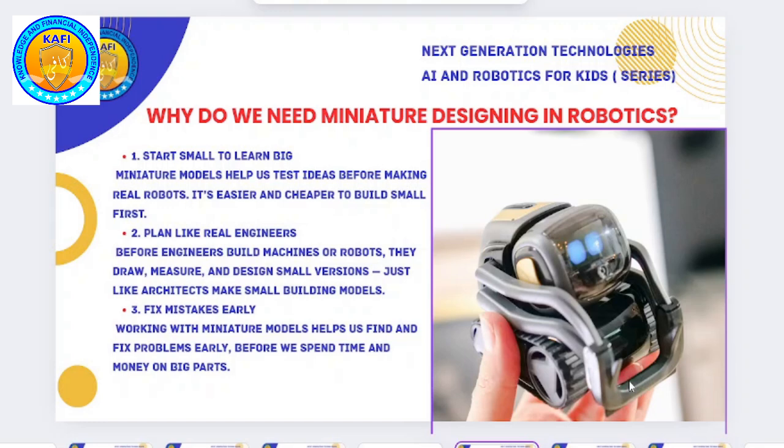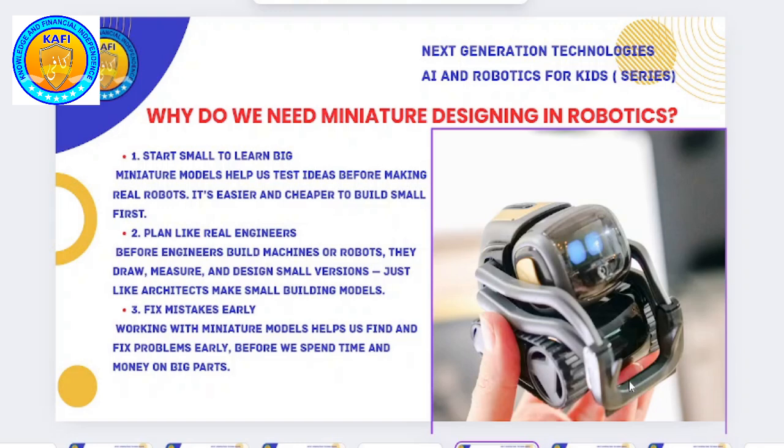Before an engineer makes any machine or a robot, first of all they draw on paper. They measure all the measurements. Okay, if I want to make a room, let's say 12 feet by 14 feet, he will measure that room, 12 feet by 14 feet, and make it smaller, let's say 12 inches by 14 inches. Okay, so when he makes that model, it is easy, he can make that model on his table.